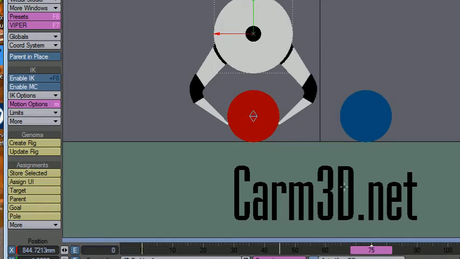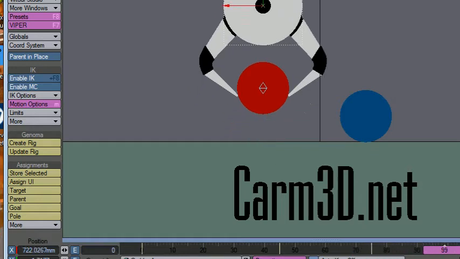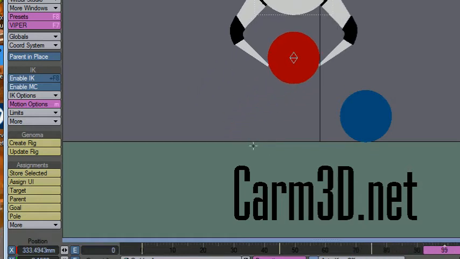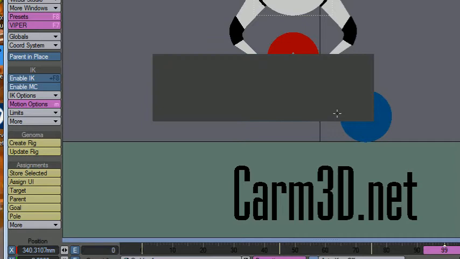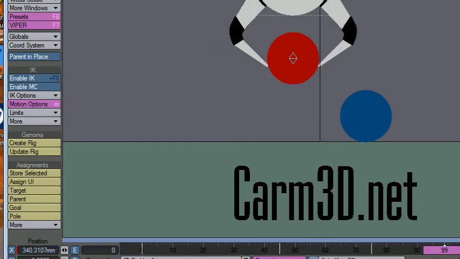So now let's move this, so you can see the ball is moving along with it, but it's not really parented. It's just following the position and rotation of the little null here, while the null is an actual child. Let's move him over here, and